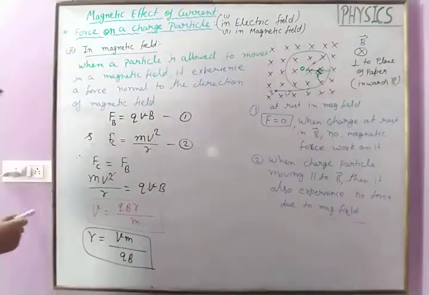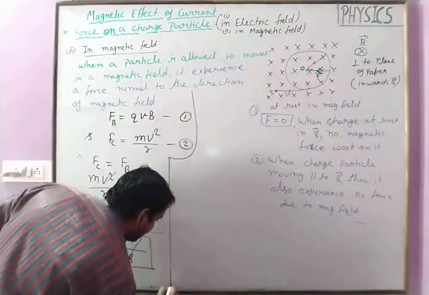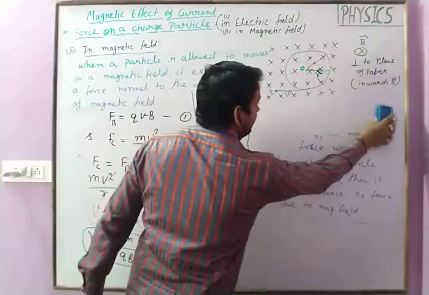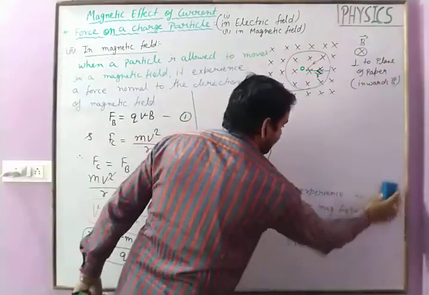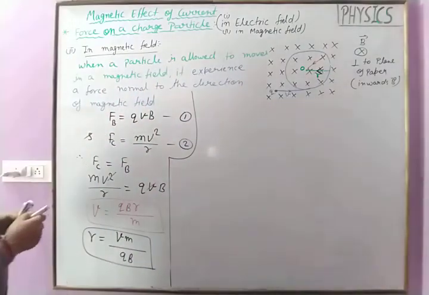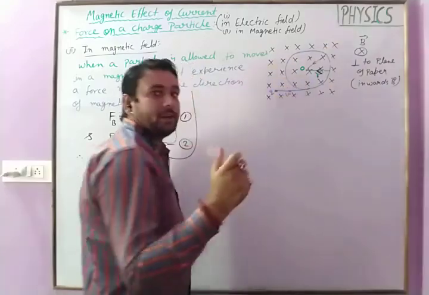Now second, the time taken by the particle to complete one rotation in the circular path. So when a particle is moving in circular motion, it has angular